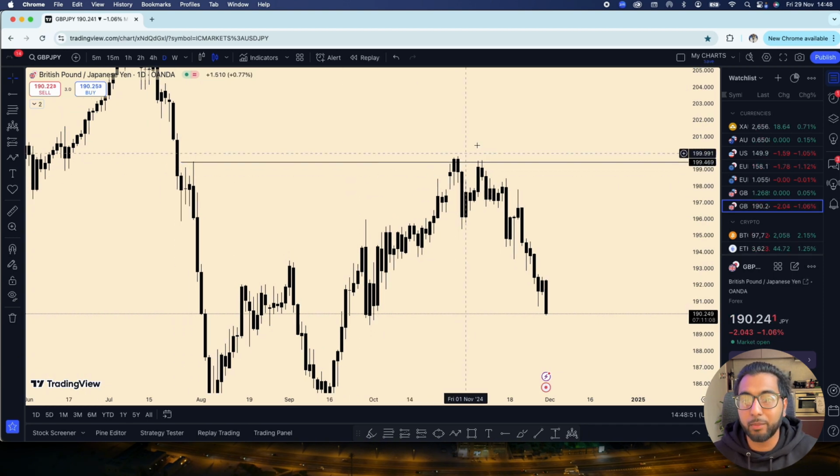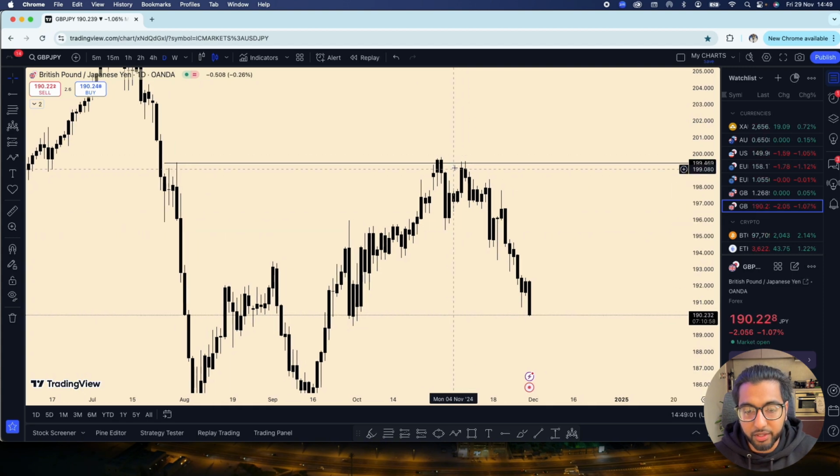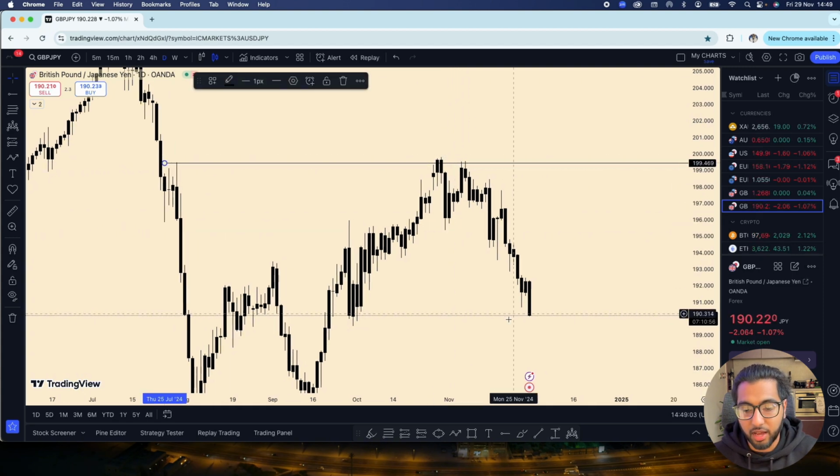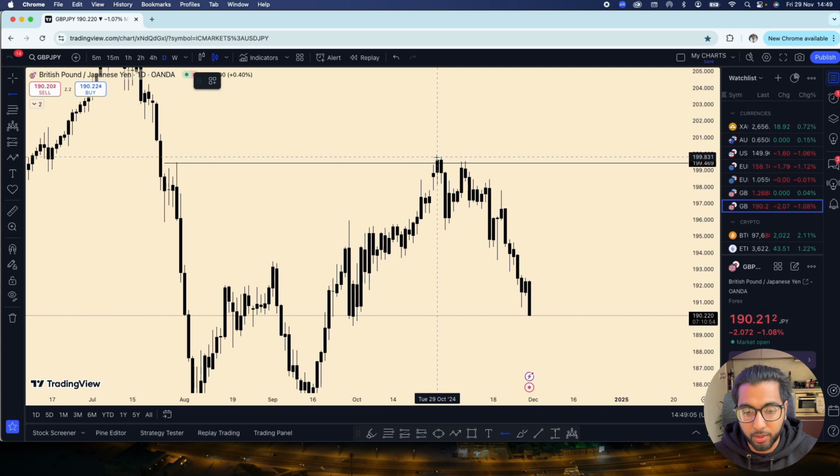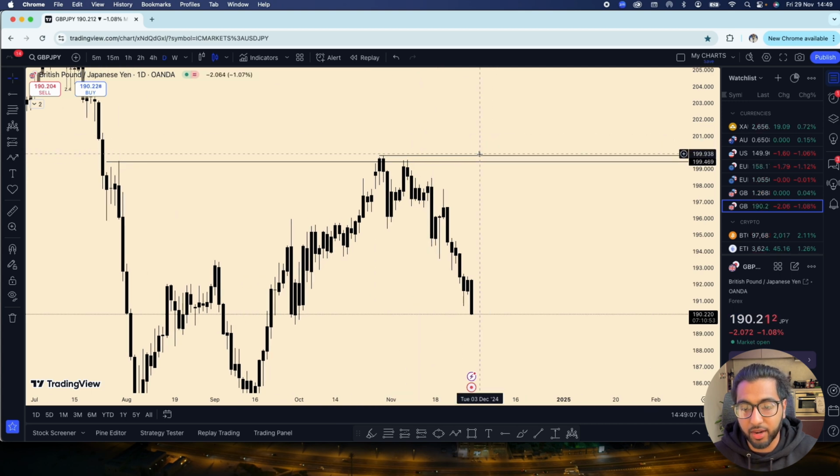Why? Because it just swept them out of the trade. It said, nope, we don't want you. We're going to go down, but we don't want you, right? And so then what happens? Price comes down. Okay, so then this area is now the new liquidity point. This is now the liquidity sweep. This area right here.